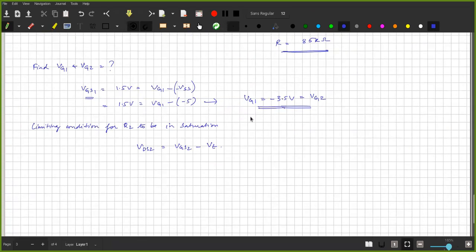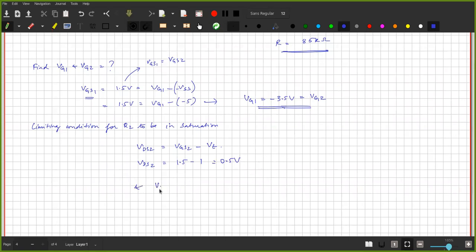Here, this 1.5 volts, VGS1 and VGS2 both are same. So VDS2 is equal to VGS2 minus VT, so 1.5 minus 1.5 volts, okay,